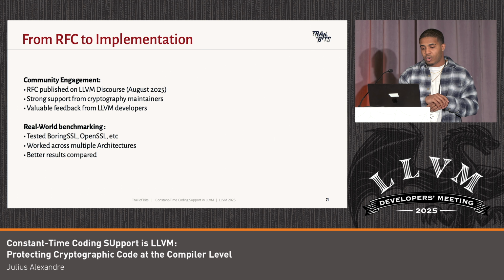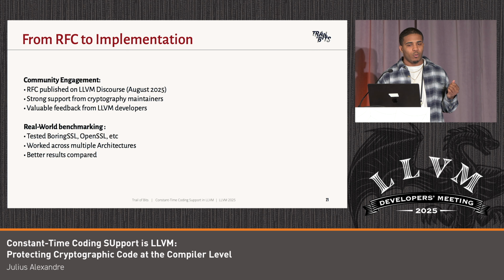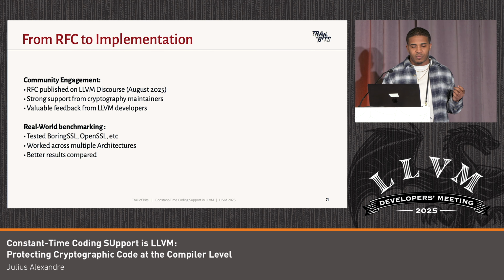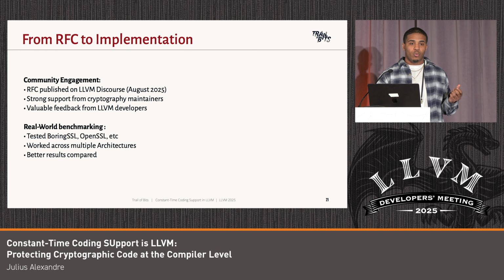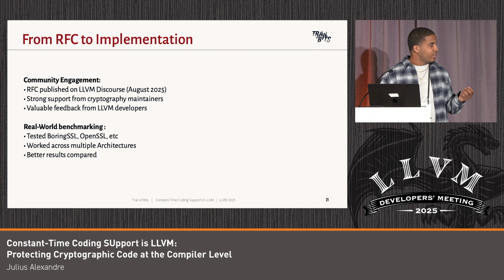We got very good, strong feedback from the community. There have been previous proposals to try to mitigate this, and like I mentioned previously, none of them got upstream. We got good feedback from cryptographers along with LLVM developers, and we were also able to work with the group at ETH Zurich to use our built-in intrinsics against their tests, showing that we got really good results for all the architectures. It also showed that cryptographers have an easier way of using our built-in intrinsics rather than doing some weird hack in the hopes of bypassing optimization.